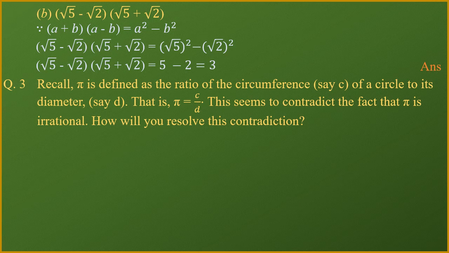So pi is the ratio of the circumference and diameter, right? So now they are saying this seems to contradict the fact that pi is irrational. How will you resolve this contradiction? Means what they want to say that, for example, if you take the value of pi, you know that the value of pi is non-terminating, non-repeating. In the earlier one also I have told you the value of pi we can find out up till trillions of places, and we can say pi is completely non-terminating, non-repeating term. So it will be an irrational number, but normally we take the value of pi